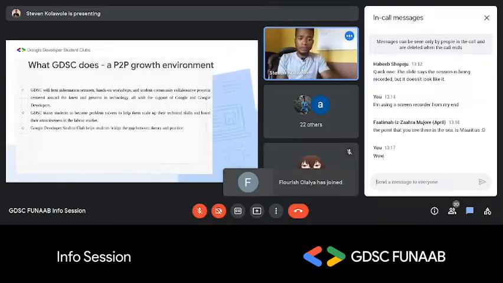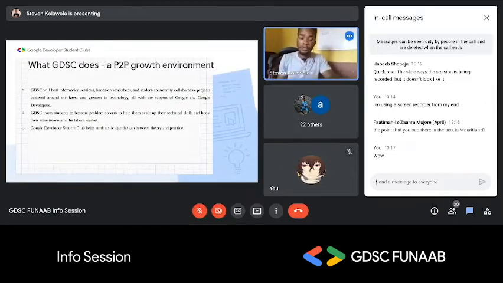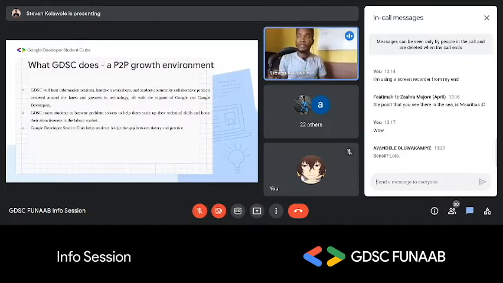And Google Developer Student Club helps students bridge the gap between theory and practice, and this is one that I can attest to as a computer science student. The curriculum for my discipline might be a little bit too theoretical, but being part of Google Developer Student Club means that I have the opportunity to test out some of these theories in practice. For example, I did data structures and algorithms back then, and in the classroom,